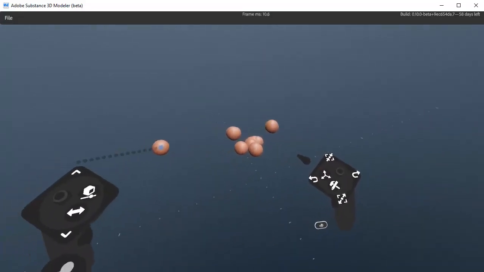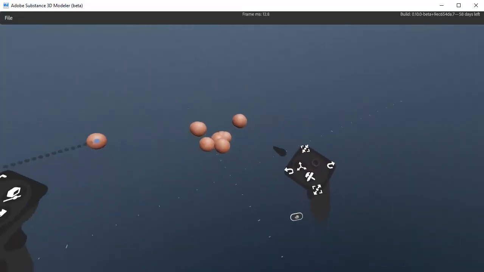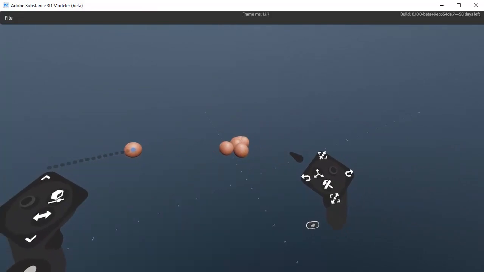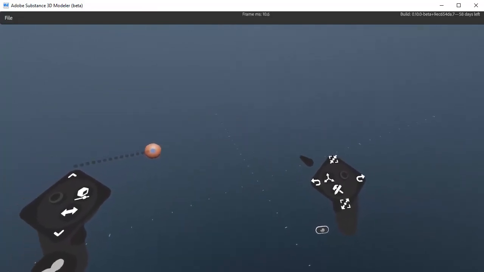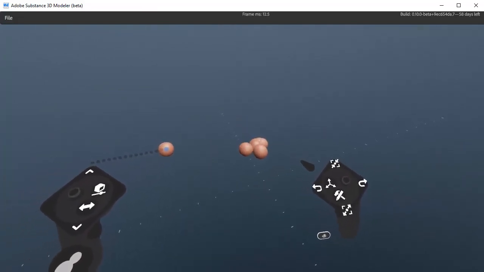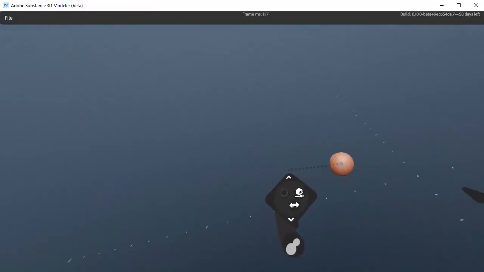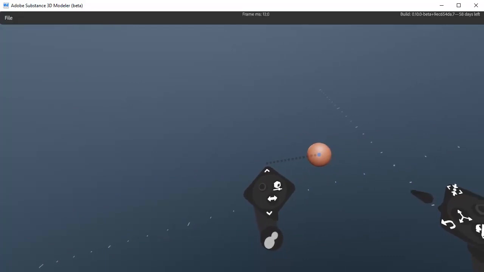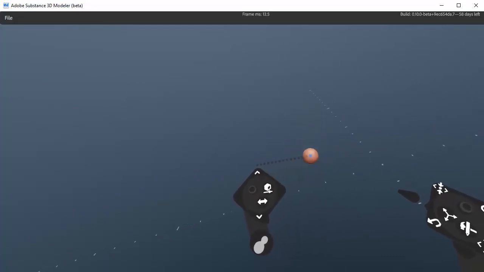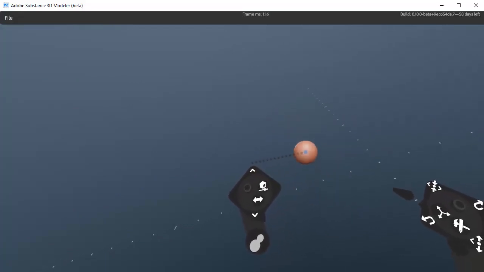So onto the secondary controller here, I'm using the thumbstick. I'm just undoing, going left with the thumbstick is undoing, right with the thumbstick is redoing. So back to the primary controller again. Your thumbstick over here is used to increase or decrease the size of the clay,